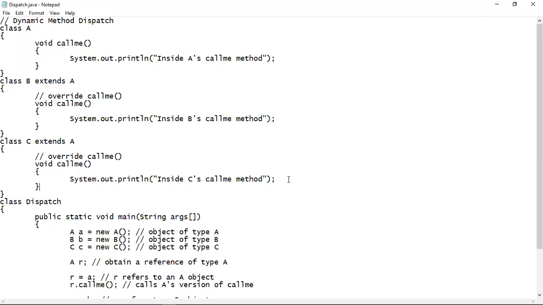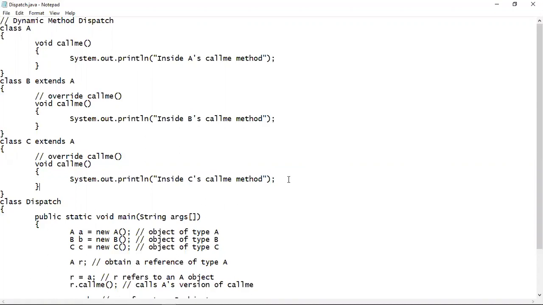Remember that in case of method overloading, which version of the method will be executed, that decision was taken at the compile time. That's why method overloading is used to call compile time polymorphism. But here you can see that method overriding, along with the concept that a superclass reference variable can refer a subclass object, are both being used to implement runtime polymorphism.